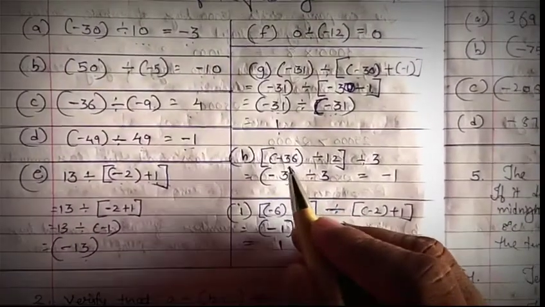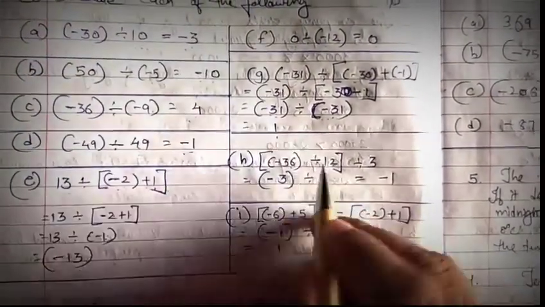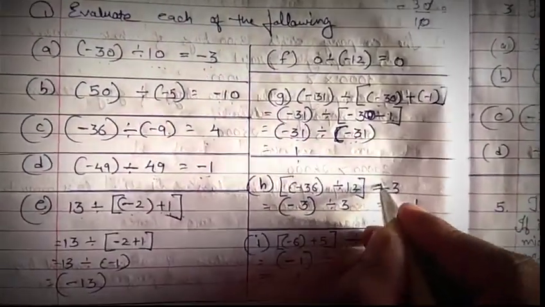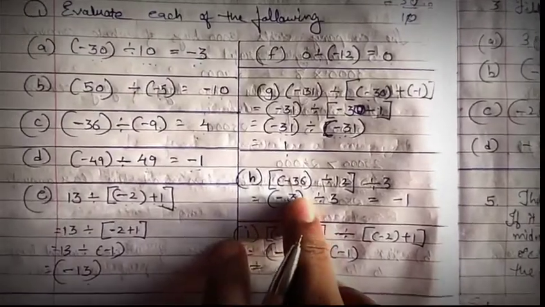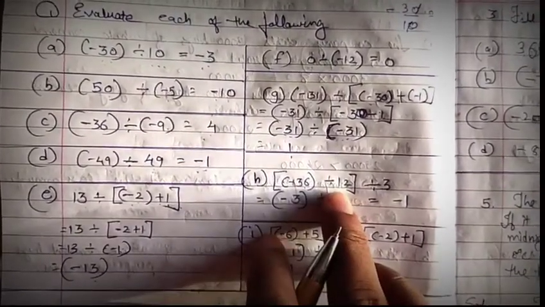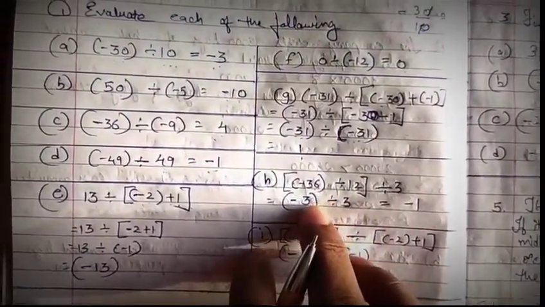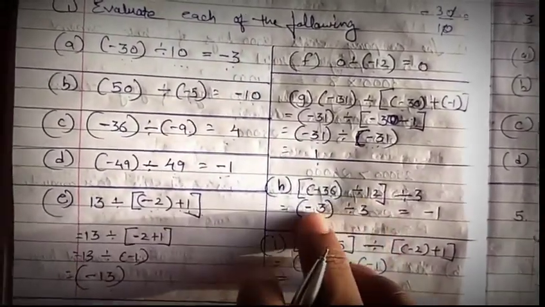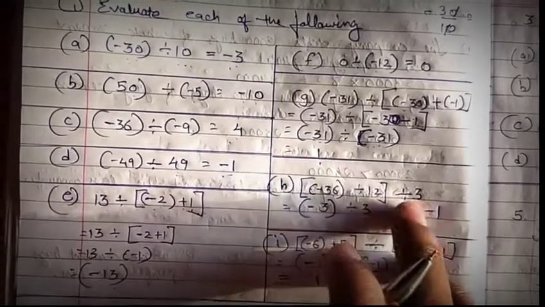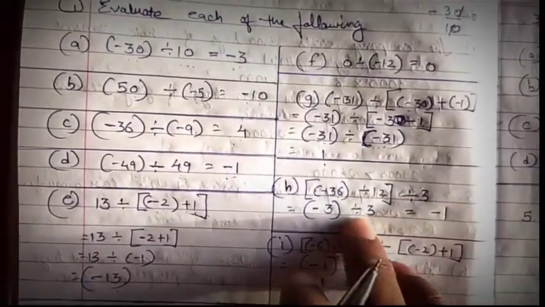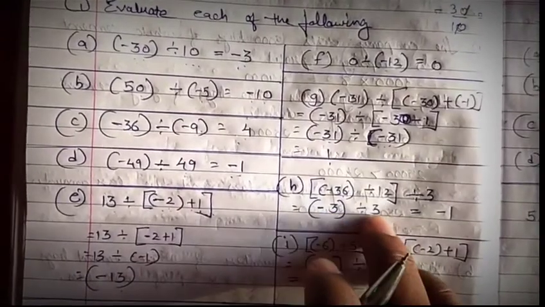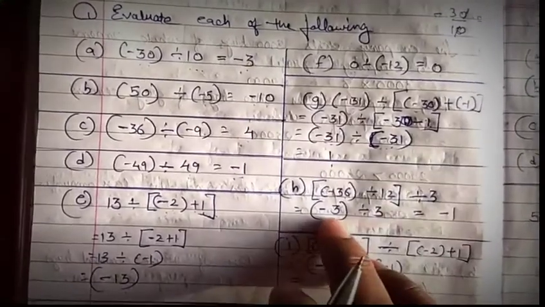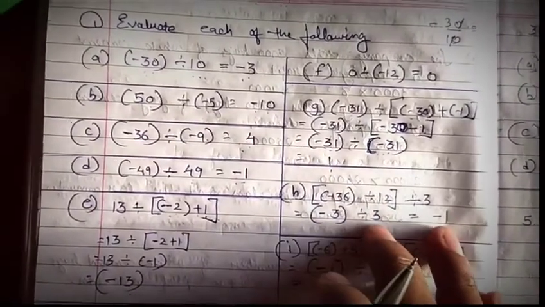Now here negative 36 divided by 12 divided by 3. One more division is there. So first you have to resolve this bracket. First you divide 36 by 12. 12 threes are 36. So here you will get 3. But one negative and one positive, obviously your answer will be negative. Now write down divided by 3 as it is. Now 3 divided by 3. Here 1 negative, 1 positive. So 3 divided by 3, 1. But the sign negative will come. Suppose if both the values are negative, it is going to become positive.